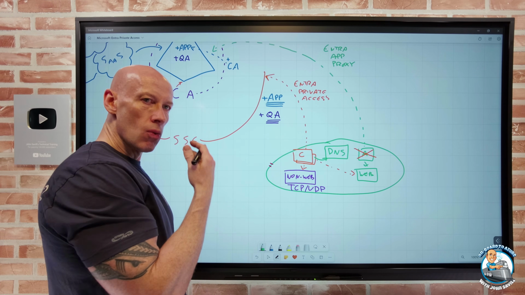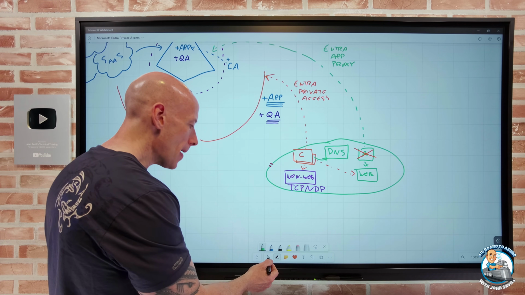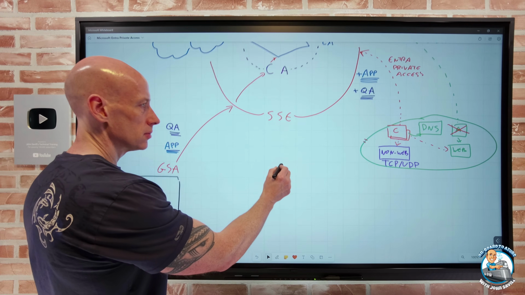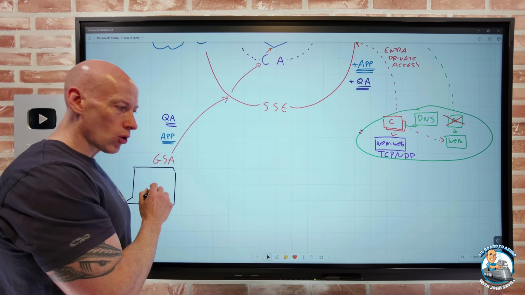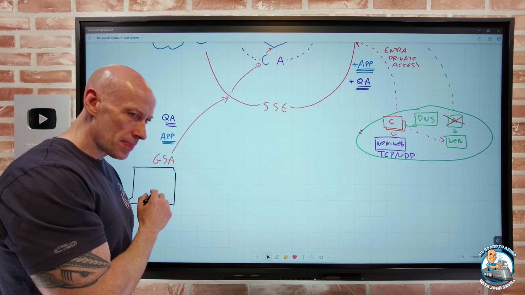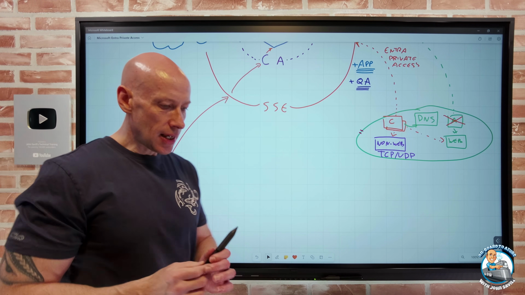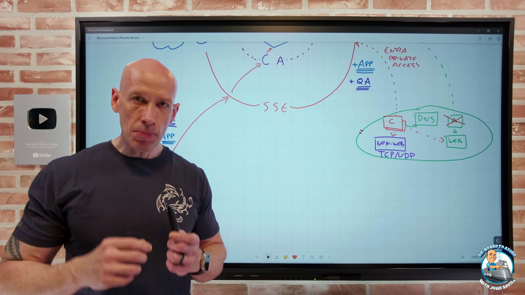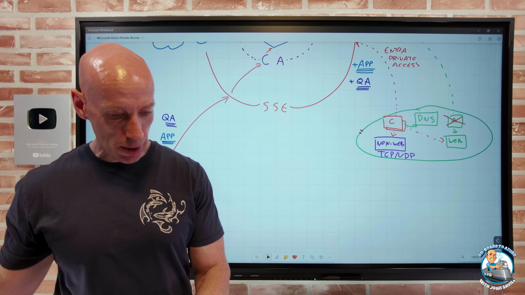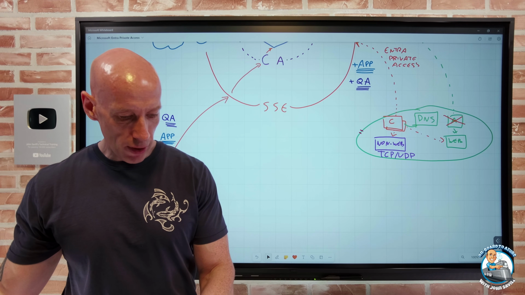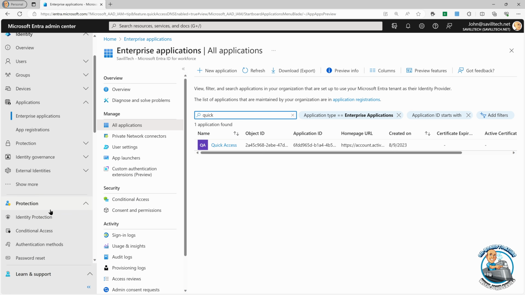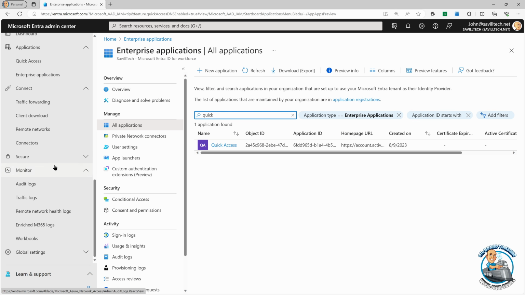So that's why that is able to function. But my client has zero clue about saviltech.net. So how are all these things working? This is part of that quick access configuration. So if we jump back over again, if I go back to my quick access,